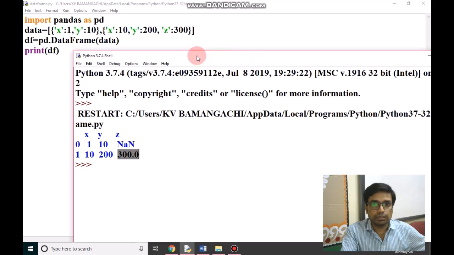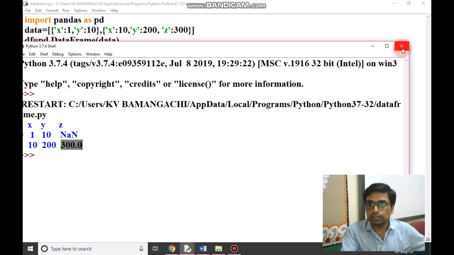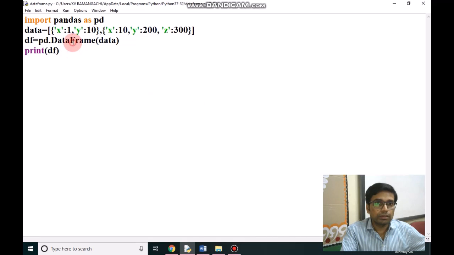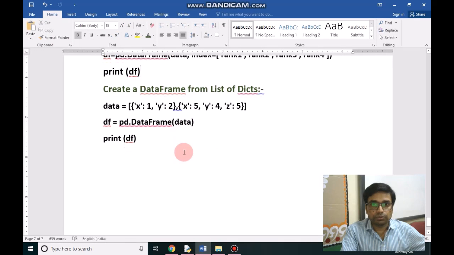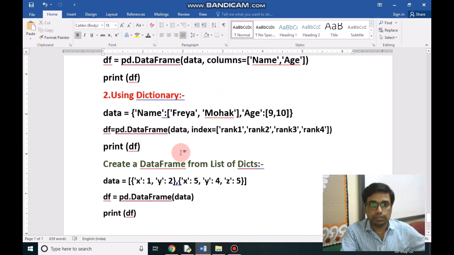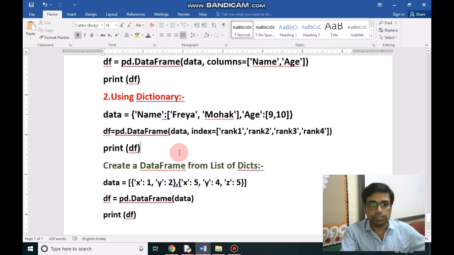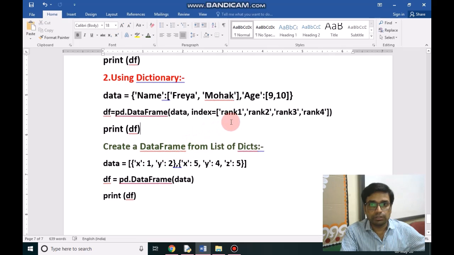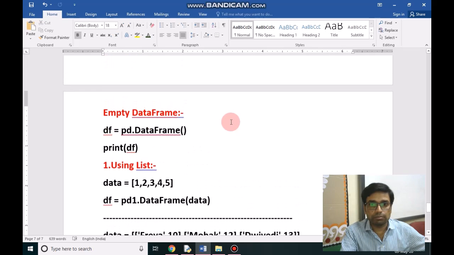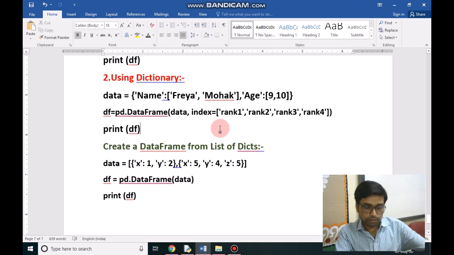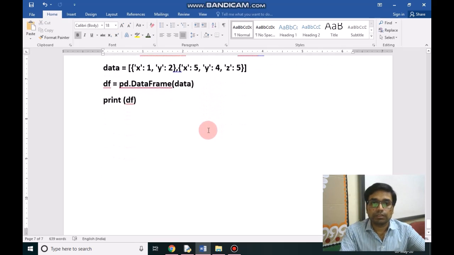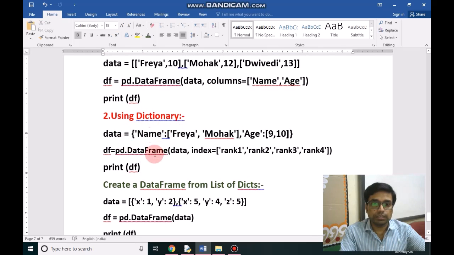In this way we can supply a list of dictionaries in the data frame function. So you can try it and make some changes in the data frame, use index and columns also, and you can become an expert in data frames.